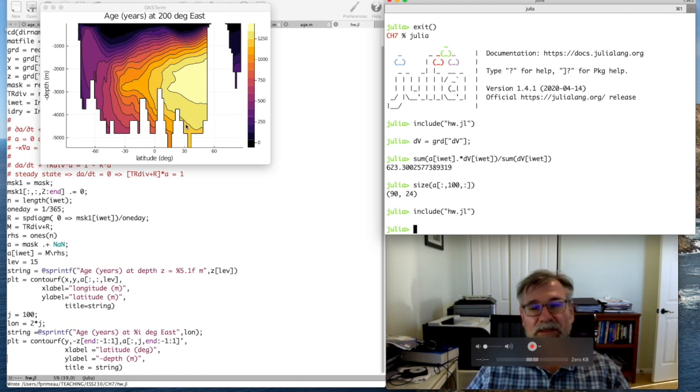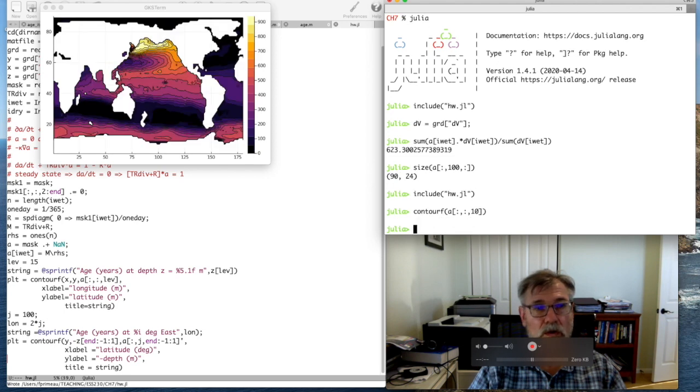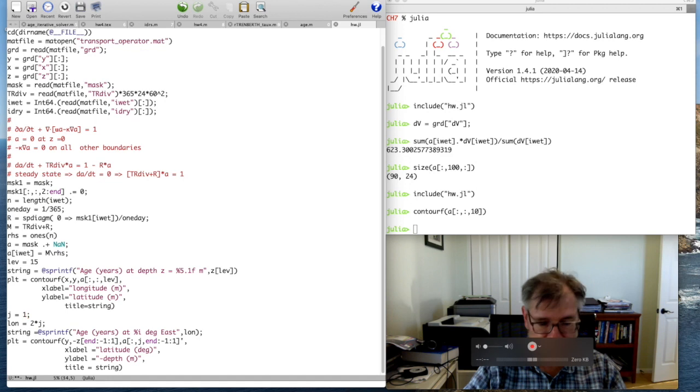All right, what else? Oh, let's try the same thing now since it works. Let's pick a longitude in the Atlantic. So if I plot contour F of A colon, colon, 10, let's say 10th level. Right, so here's our horizontal map again, and we're going to pick a longitude that goes through the Atlantic. And so I think grid box number 165 goes through the Atlantic. So let's change J to 165, and